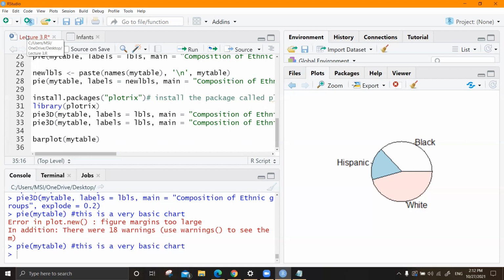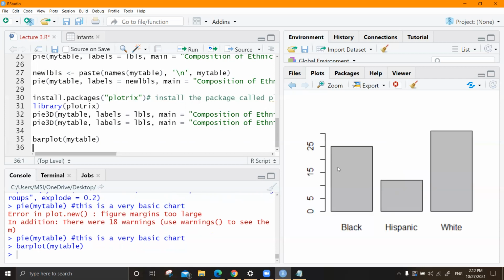So if I'm going to have a very simple bar chart, I'm going to have something like this. This is not acceptable because there's no title, the axes are not labeled, right? So this is working, but statistically, this is not a complete bar chart. So you have to give some other arguments. You have to give a title for this. So you say main equals, you can say, again, composition, or you can say bar chart of anything.